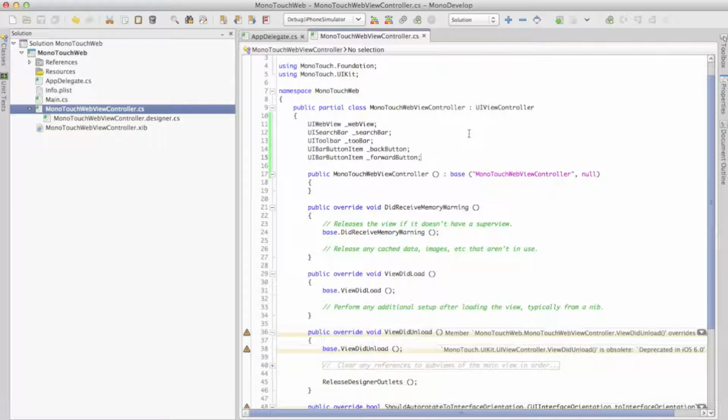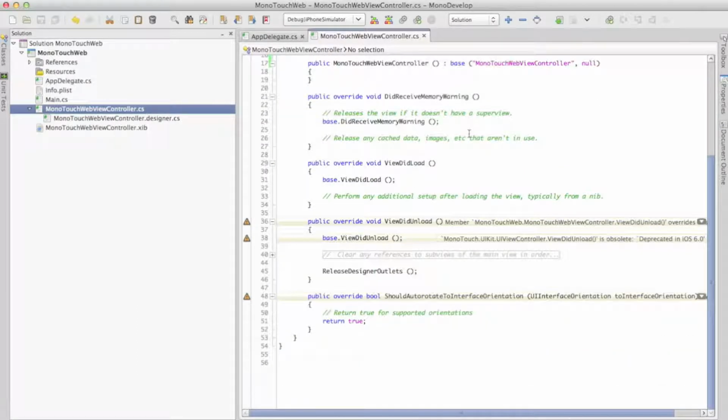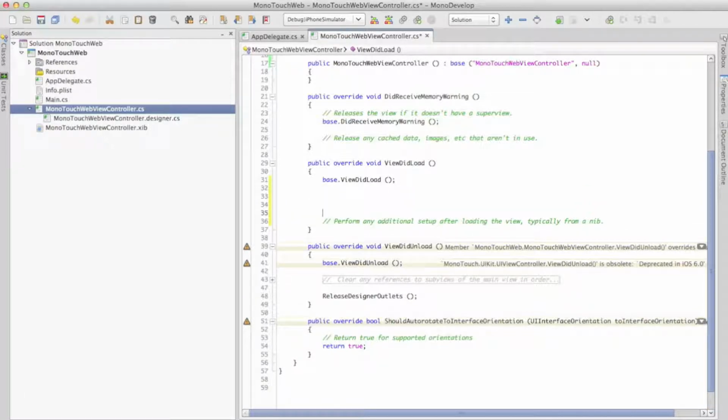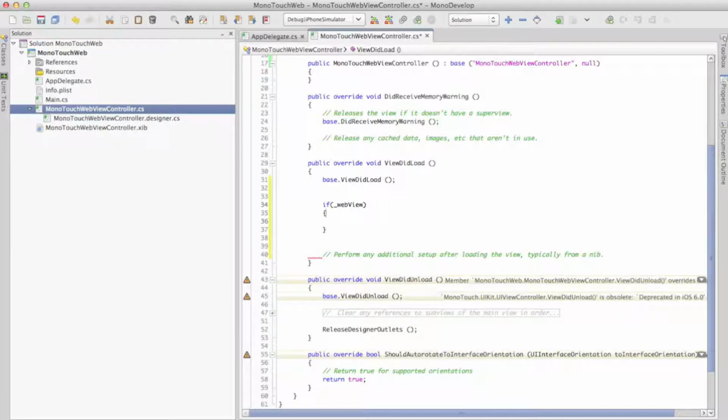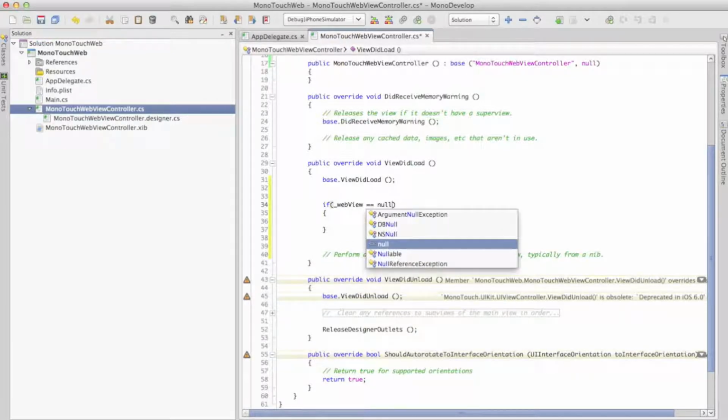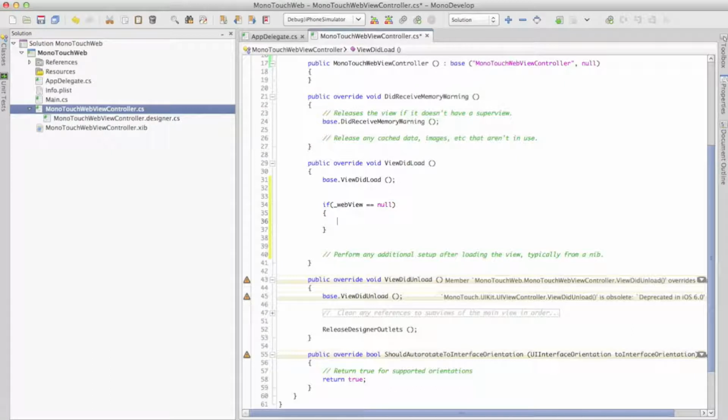Okay, so we have our private variables defined, and what I want to do actually, when our WebView control, our view controller in our application is loaded, I will actually create these elements and put them on view so user can see them and interact with them. So let's start with WebView, right? So in case our WebView is empty,